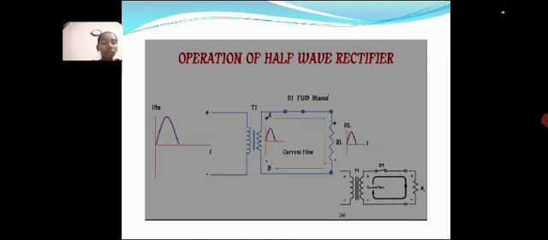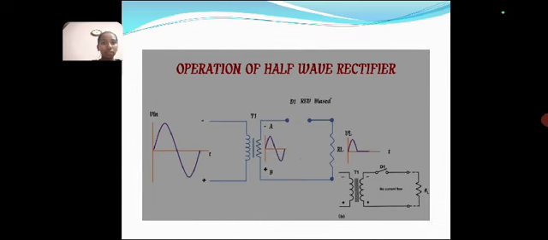When the current flows through the circuit, the diode behaves as forward biased, and in the output we get only positive half cycles. During the negative half cycles of the circuit, when the current passes, the diode behaves as reverse biased and it almost acts as an open switch. Hence current does not flow and we do not get any output waveform. Instead we get a linear line. This is known as alternating current, that is AC